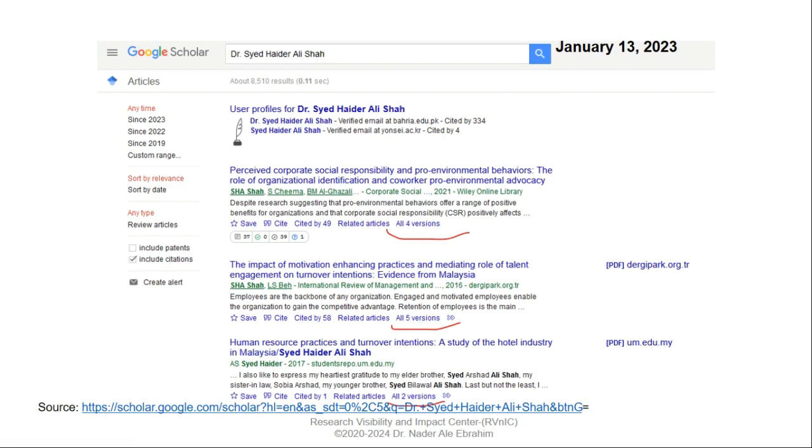It's like opening different branches for one brand. You are selling your paper in only 4 shops. If you increase this number of versions, for instance, to 28 or 30, it means you have different outlets and you will sell your product in different shops. Definitely in future you will get more citations.